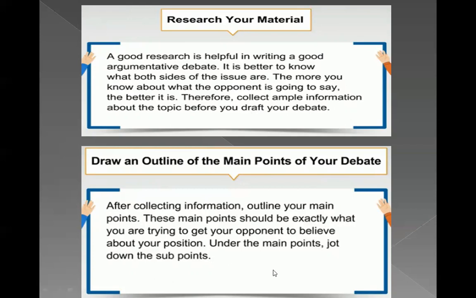So these main points should be exactly what you are trying to get your opponent to believe about your position. That is, start with the strong points of arguments, right? When you have written all the points, look for the points which are strong in the sense and then go for the weaker ones. So under the main points, jot down the sub points. What you can do is when you are writing the hint, you can categorize it according to the main point of argument which you are going to actually